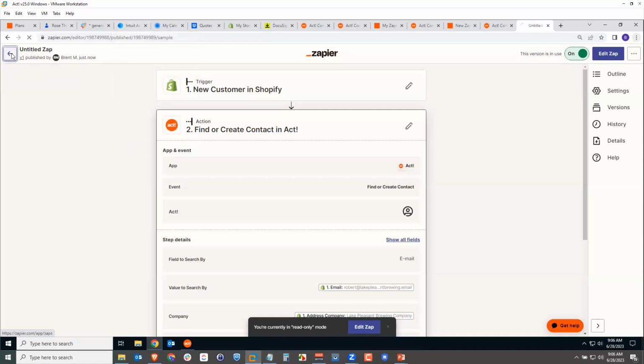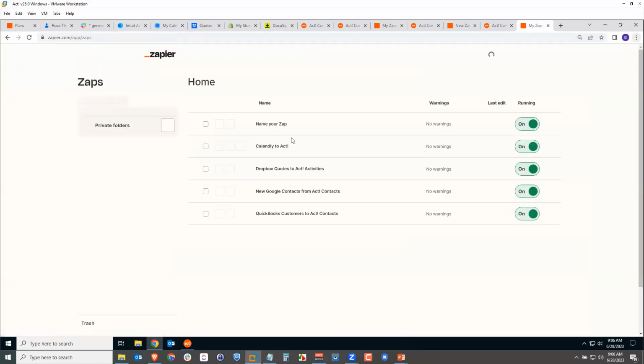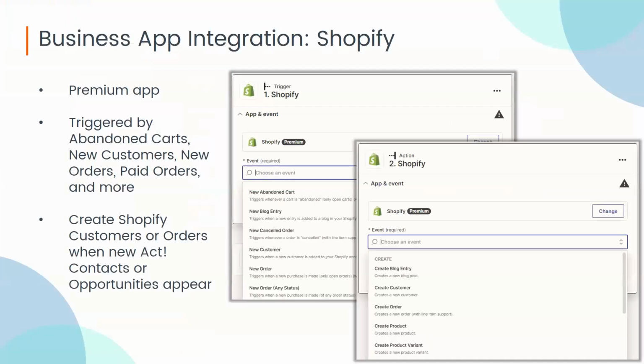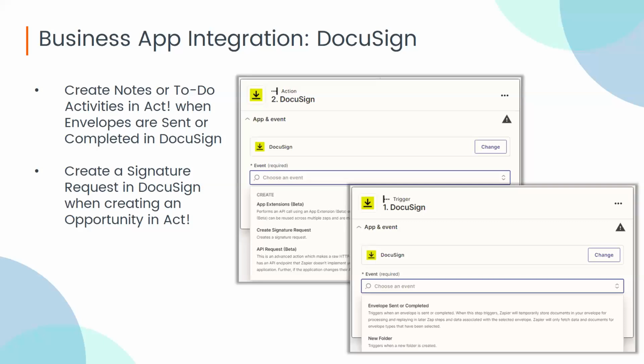Okay, the last one I want to create now is going to be for DocuSign. So some of you use DocuSign. You have to send contracts back and forth. We need to get signatures on these things. A lot of times you have to wait for your customers and you want to know exactly when these things were signed. So we can create notes in ACT whenever you send out a document to be signed or